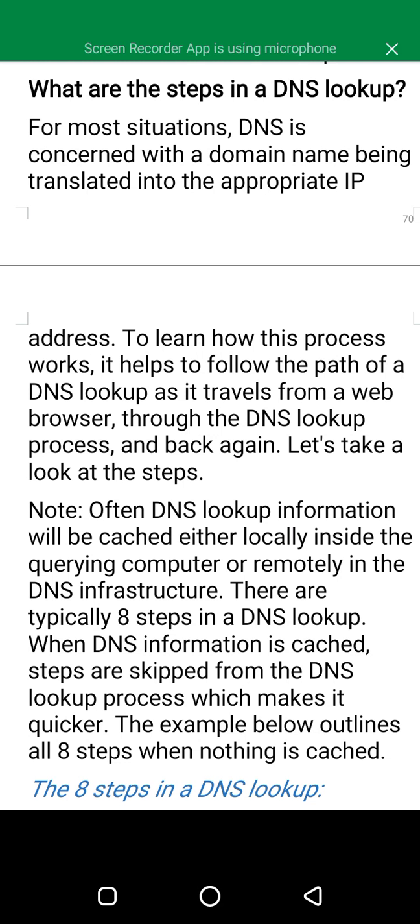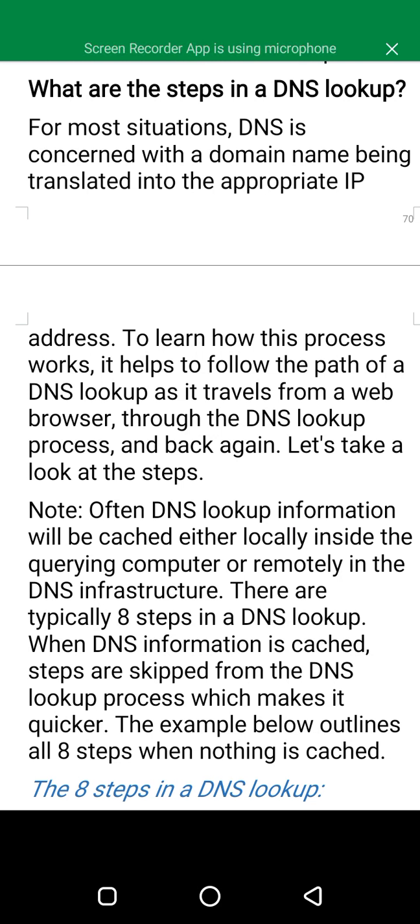Let's take a look at the steps. Note: often DNS lookup information will be cached either locally inside the querying computer or remotely in the DNS infrastructure.